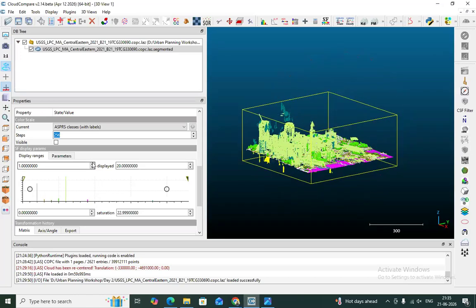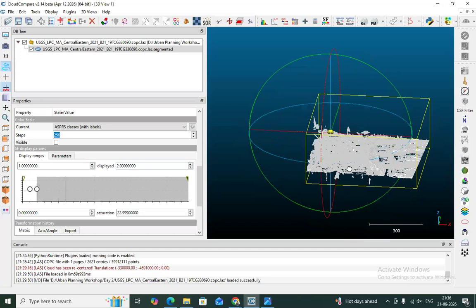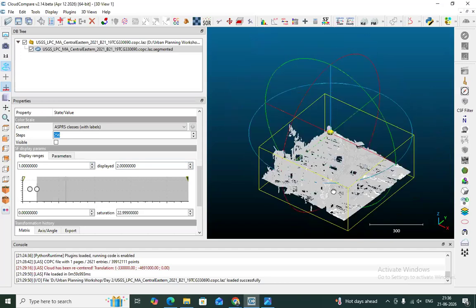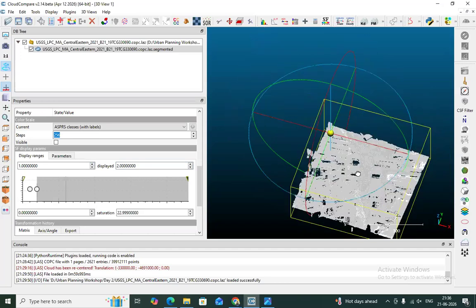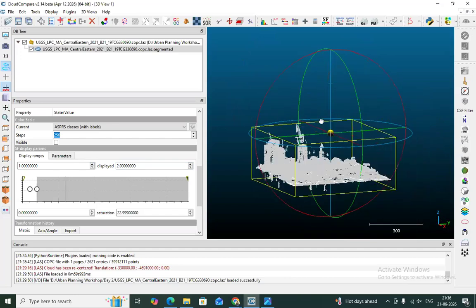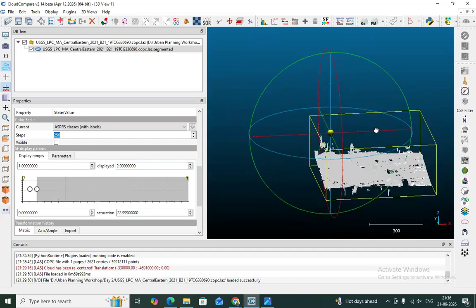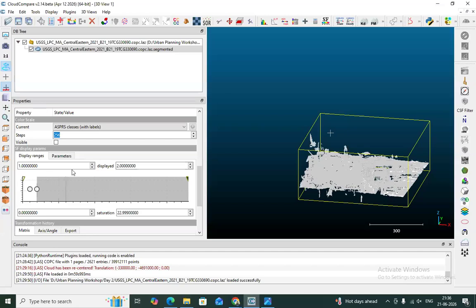So let's change the value. Let's make it 2. That way you can only see a very small portion, which is not coming. Everything is getting gray. So you can change this value. You can increase the lower threshold. You can also increase the upper threshold.